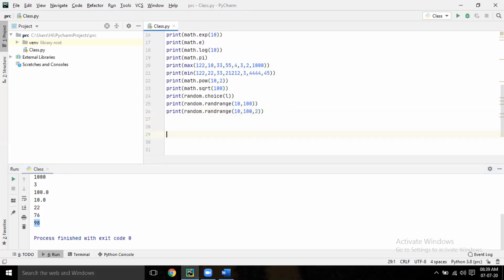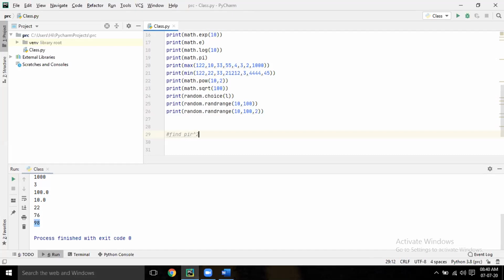Just a comment: find pi r square. What is the value of pi r square? How to do it? Let's say r equal to 5, area of the circle, pi r square.